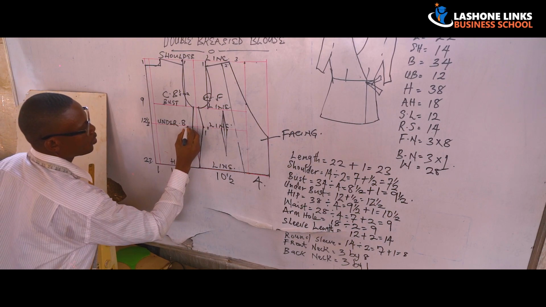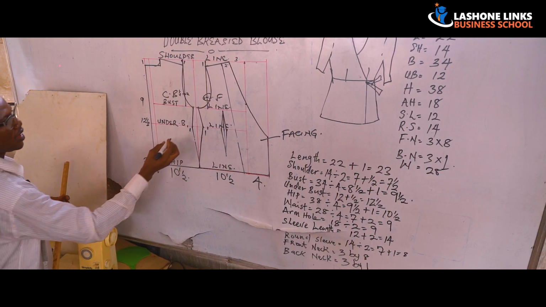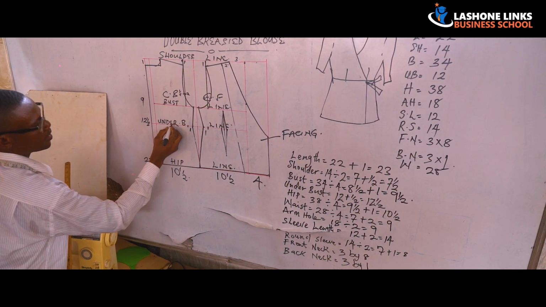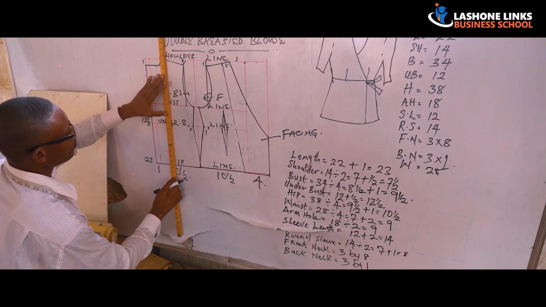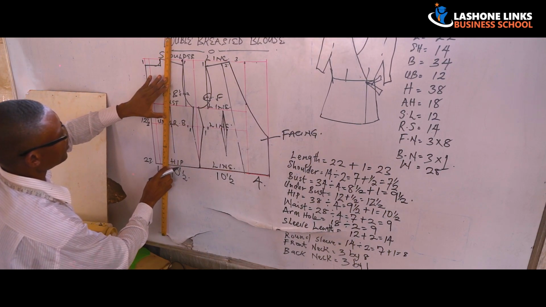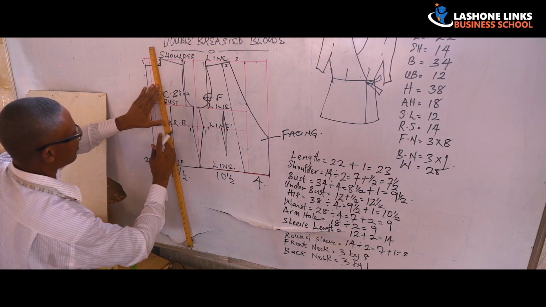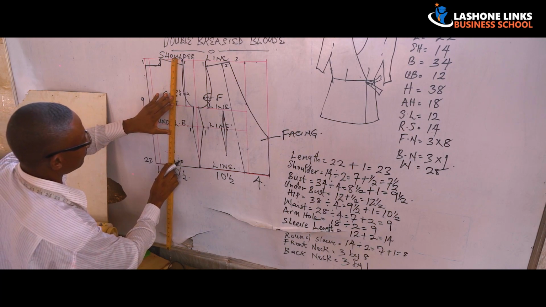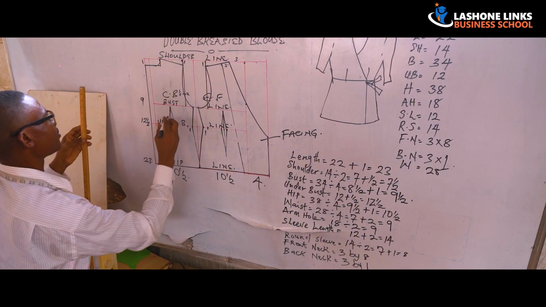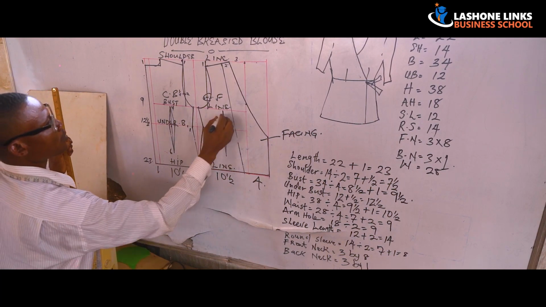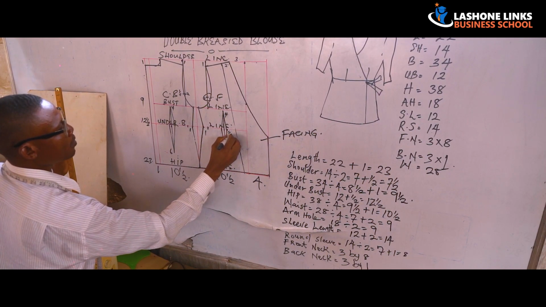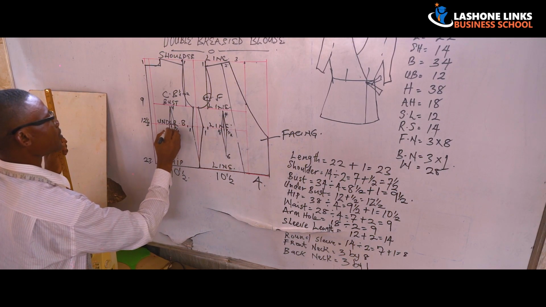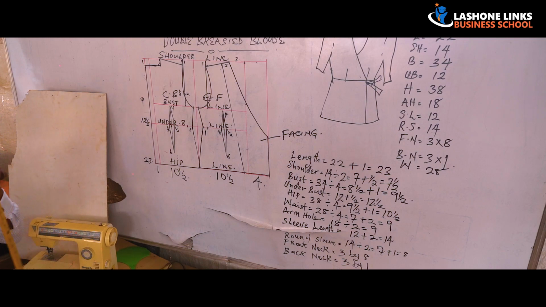So the same thing, you measure 1 by the side at the back to get your dart. Measure 1, divide the waist into 2. Go up by 4 and come down by 6. But the front arm of the same will go up by 2 inches, then it comes in by 1